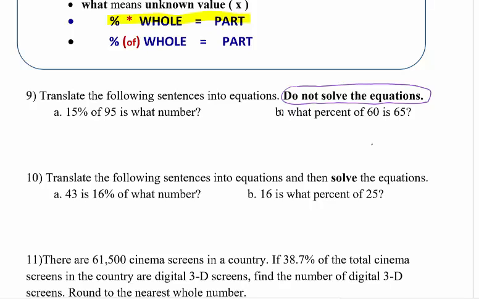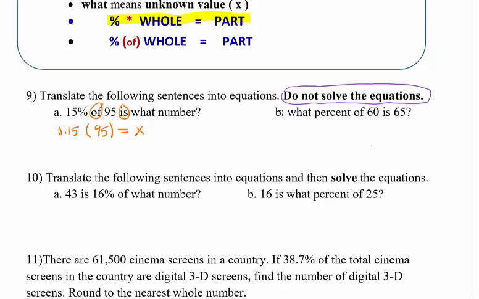So A says 15% of 95% is what? So again, we're going to rewrite it as a decimal. So 15% is 0.15. Of means multiply, is means equals. So in this case, that's all it asks us to do because we're not solving it. That's my equation. So if you're trying to use these and you've learned how to use these with proportions and ratios, this will actually not end up being correct